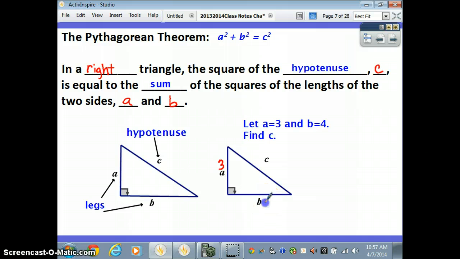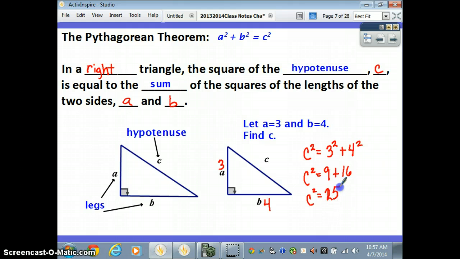B is equal to 4. Plug that in. We need to find C. We can use the Pythagorean theorem because we have a right triangle. So we'll say C squared, the hypotenuse squared, equals 3 squared plus 4 squared, the A and the B. All right, so C squared equals 9 plus 16, and then C squared equals